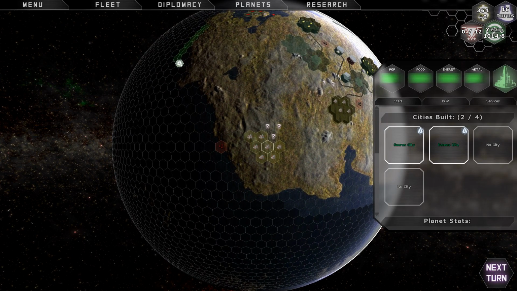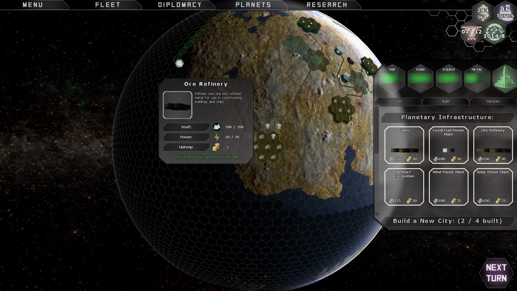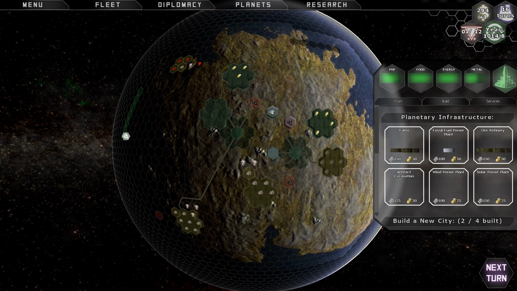So I'm looking down here and I see a huge wad of metal ore. So what I'm going to do is build an ore refinery way down here. It's very expensive to build, but it's going to be worth it. Alright. So that'll be built in a few turns and will produce a lot of metal for me. Let's move on. 16 turns to my next